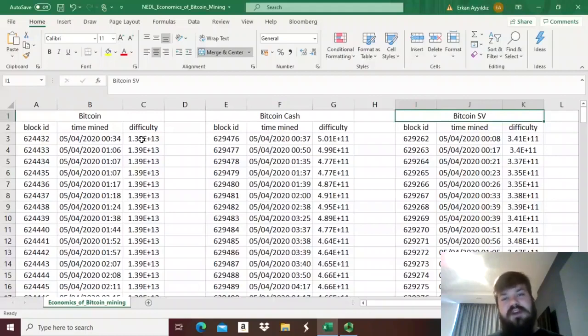The more computational power exists within a particular blockchain, the harder it is to be the first to solve the puzzle. It means that the higher the hash rate, the lower your probability of succeeding